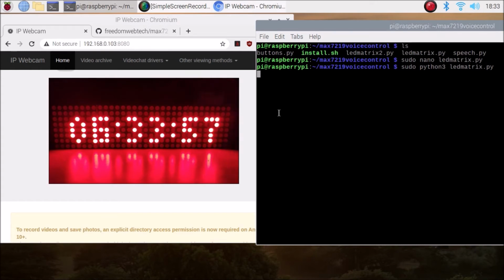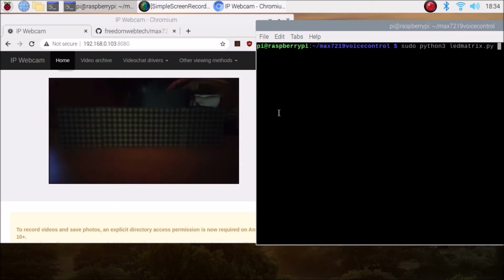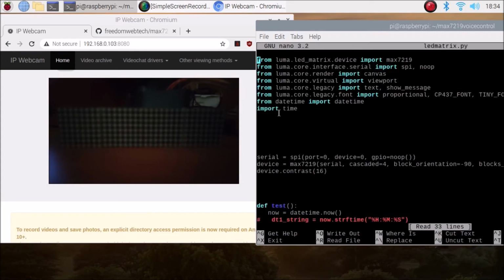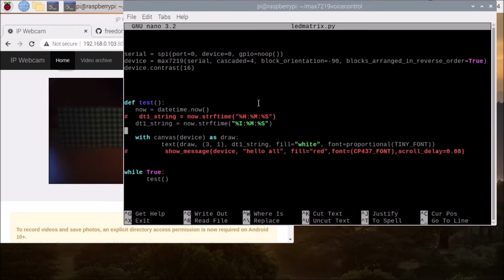Now I'm going to press Ctrl C to cancel the script, clear the screen, and now if you want to set the 24 hours time, simply edit the script again, the LED matrix.py, and scroll down, and here it is. As you can see, I have also created the dt1 string.